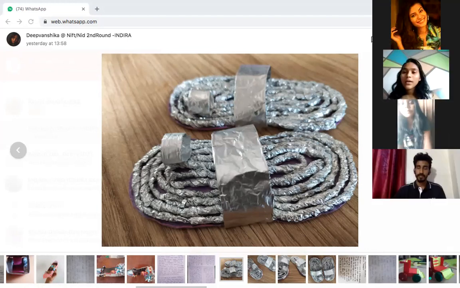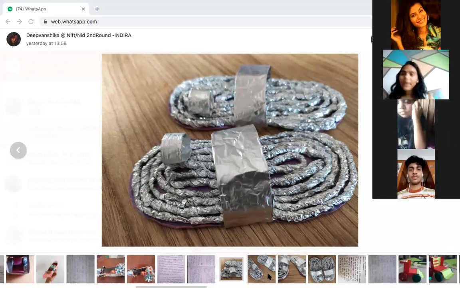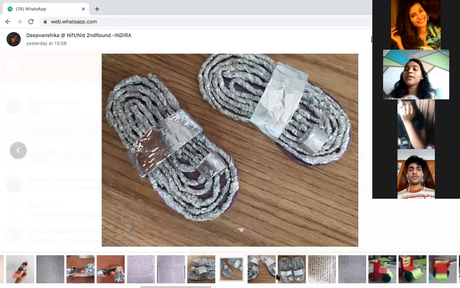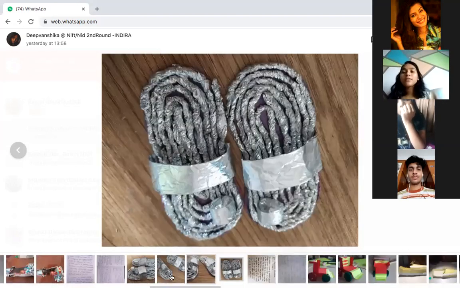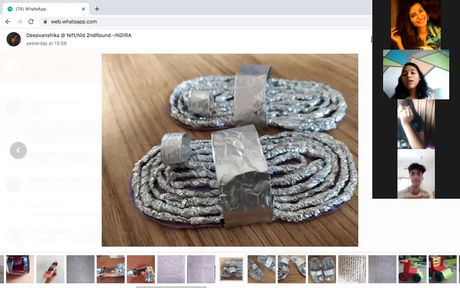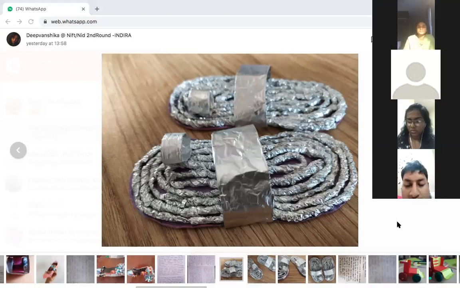Start your explanation. Okay. So my product is basically inspired by the Kolhapuri chappals, and since it was summer, we had to do something for summer 2020. During summer, no one would like to put on boots and go out because it gets all sweaty and messy. So I have gone with these chappals,